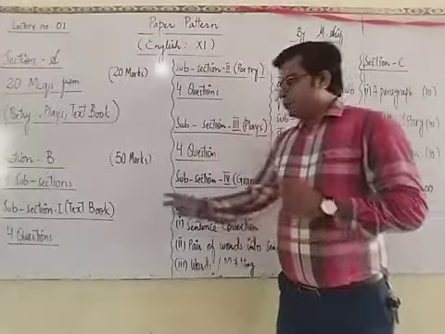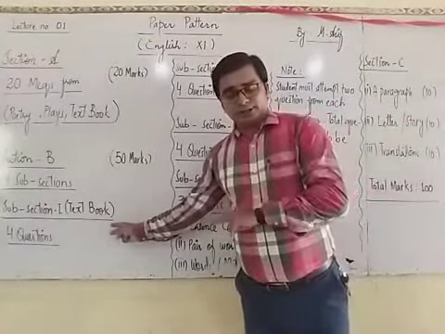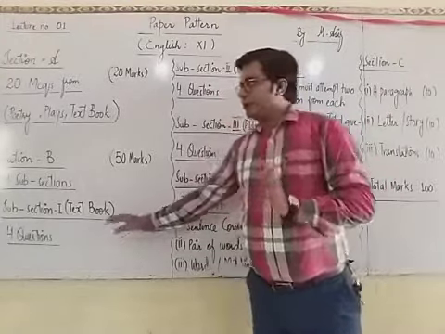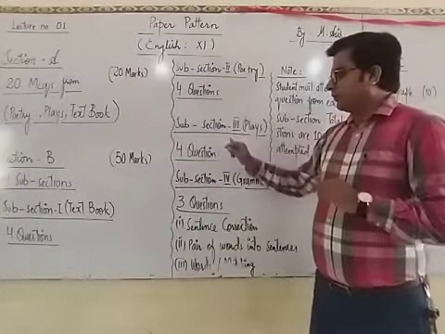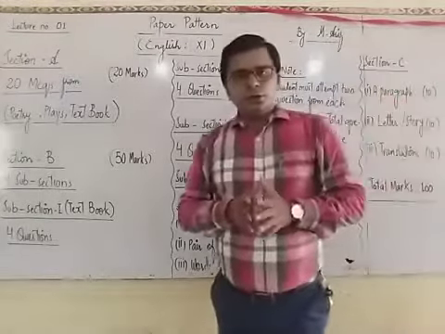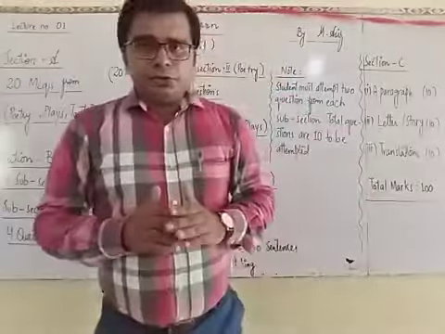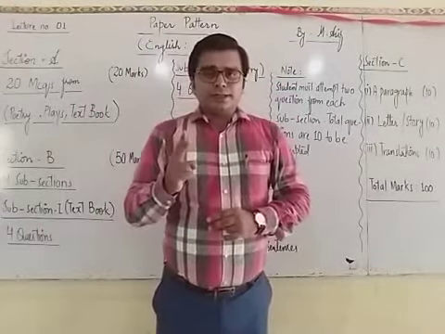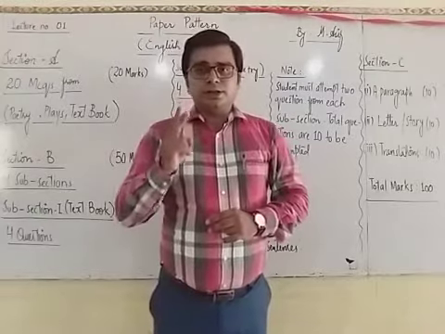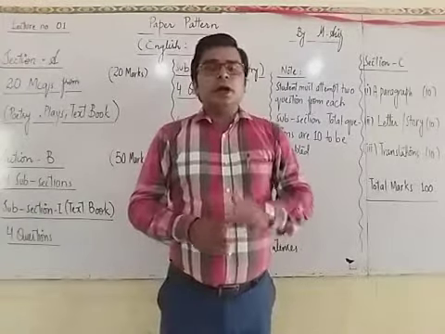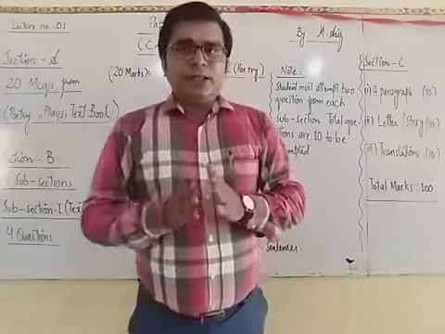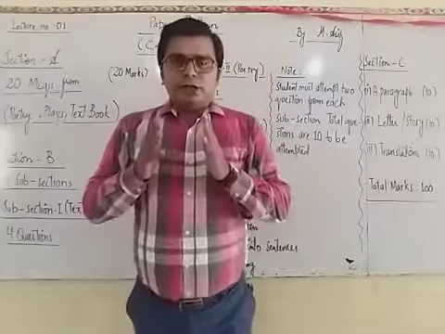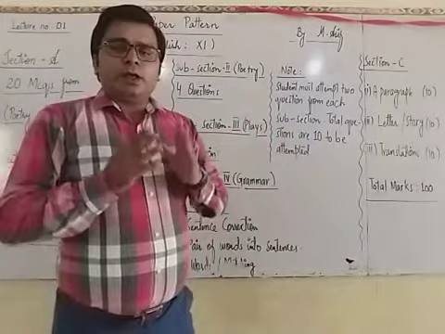If you want to attempt 2 questions from this section, you can do that. If you want to attempt 1 more question from this section and 1 more question from this, or from this, it is up to you. You can attempt any question from each subsection, but remember 2 questions from each subsection is the policy and is mandatory for the student, and the total number of questions to be attempted by the students is 10. Here are the section B questions.